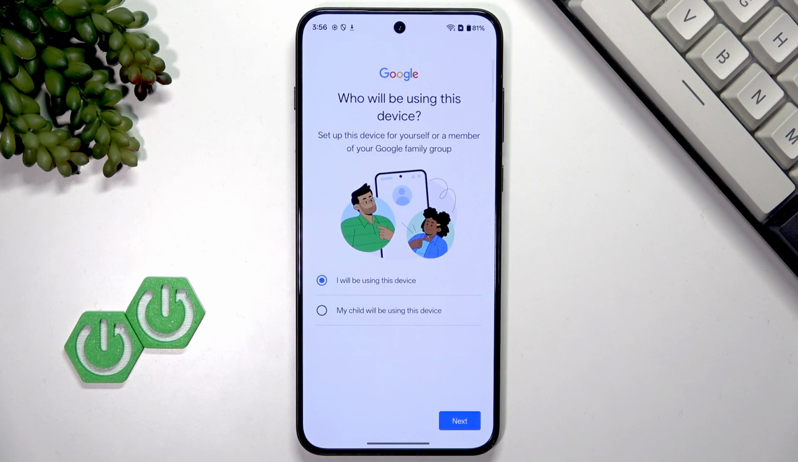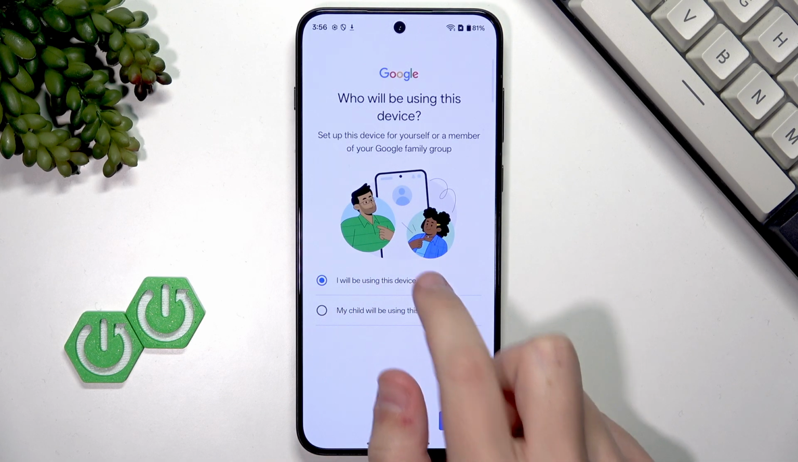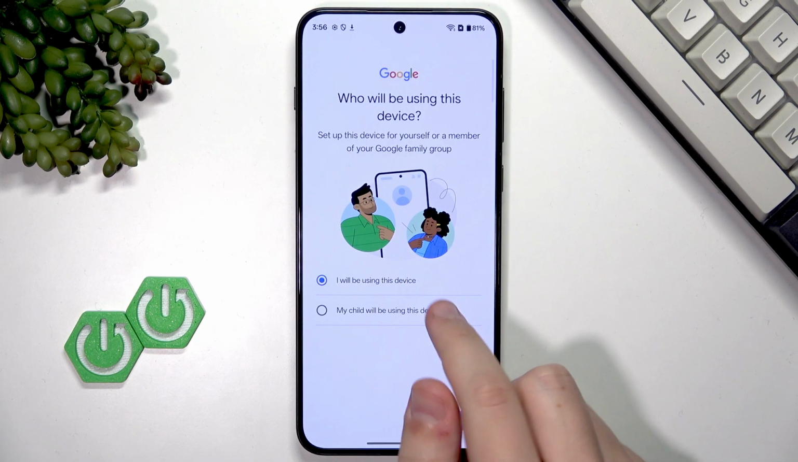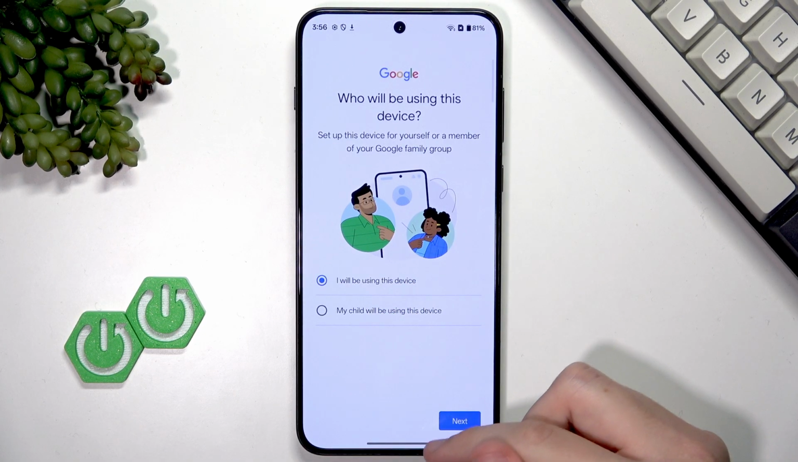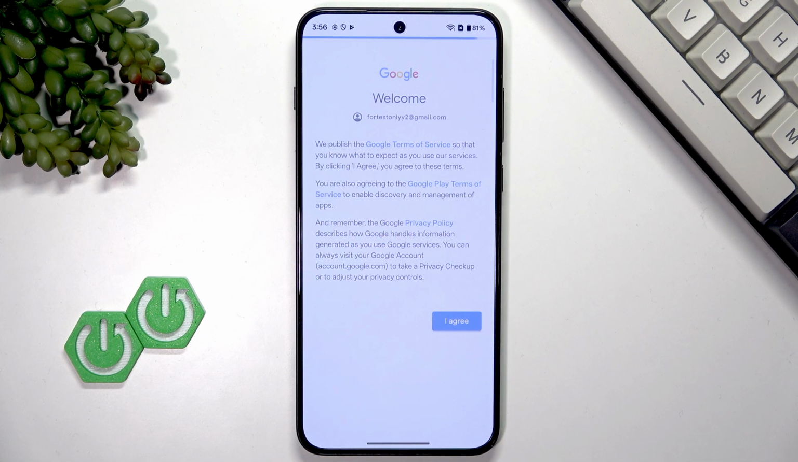So as you guys can see, now we will be choosing who is using this device. You select either you will be using it or your child. I'll choose the first option. These options do not vary that much. Now let's click next. And here we agree to the terms of service made by Google